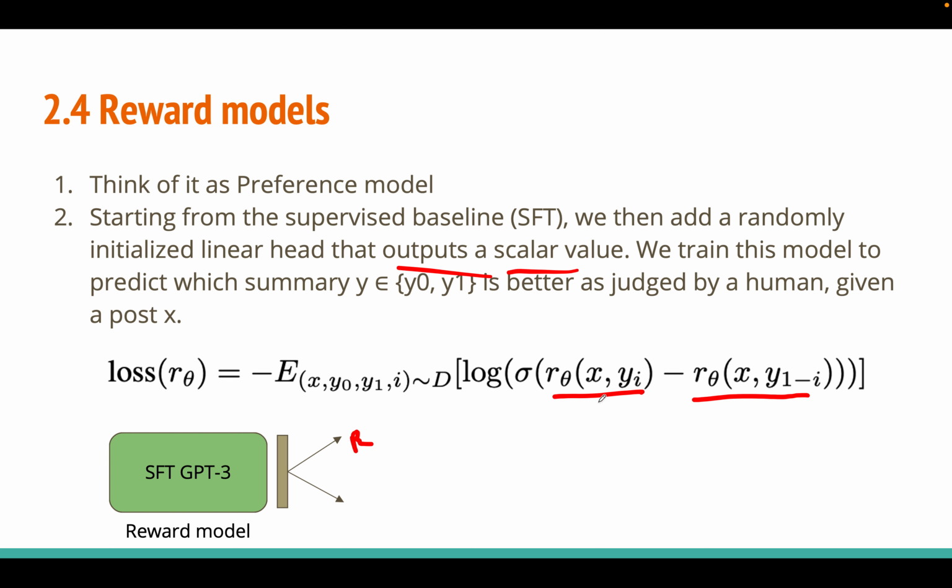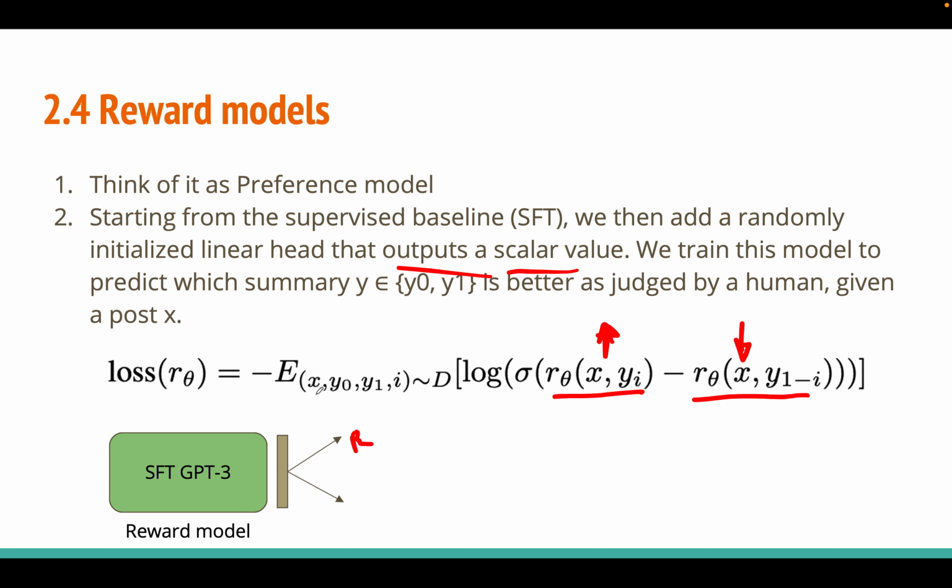So basically the constraint is that we want to make this reward higher and make this reward lower. So in that case, we have the overall value which is higher. That way the model basically learns to predict higher rewards for a summary which is better judged by humans, or preferred by humans, than the one which is not preferred. And the expectation is over the dataset,